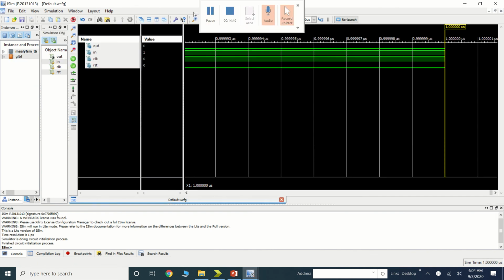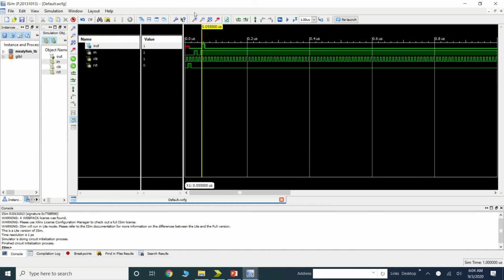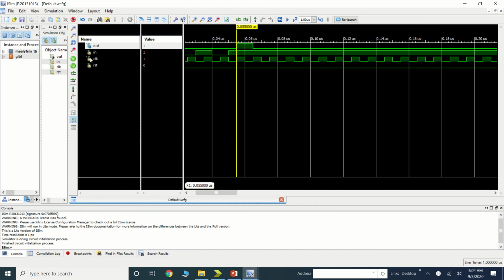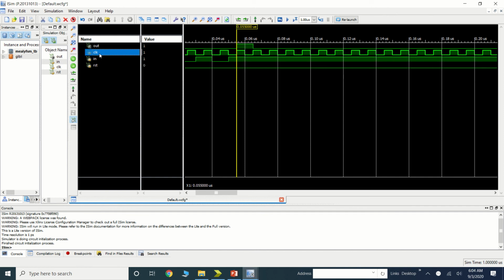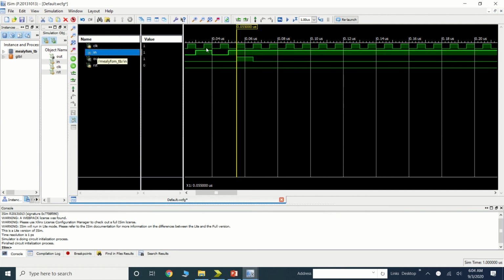Okay, now in this you just fit to view. So here for the simplicity you can drag this clock first because we are checking our output at the clock edge.